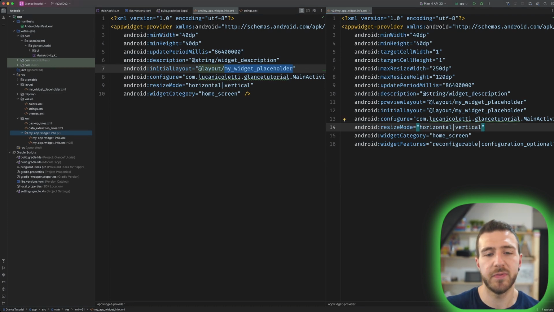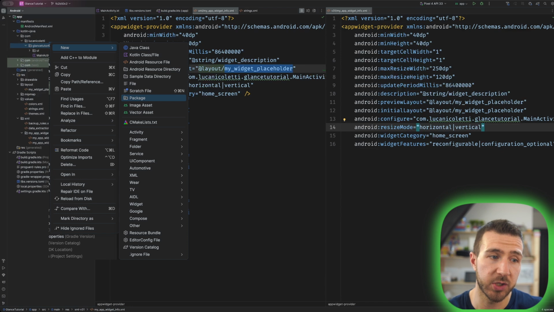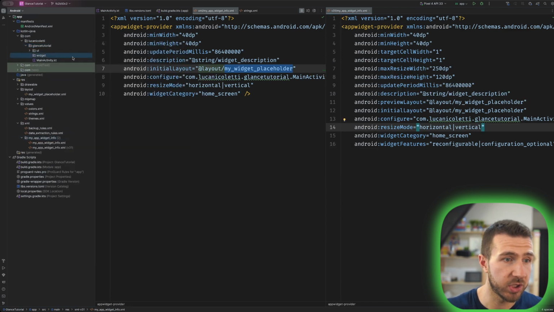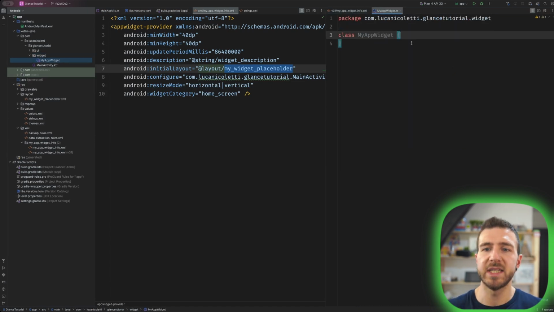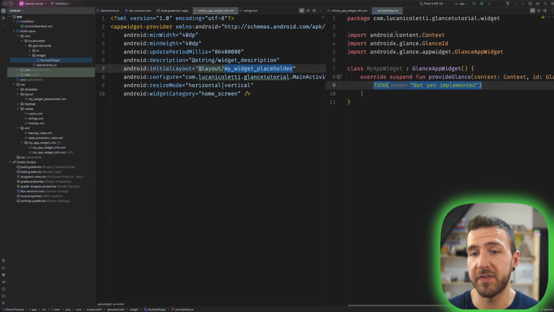The next step is to define a widget receiver class and your widget as well. So what we want to do here, I suggest you create a new package that you will call widget. And inside this widget package, you want to create my app widget, which will be the class that we will use to actually create the layout of our widget. This class will need to extend the glance app widget class, and it will give us an implementation of a function named